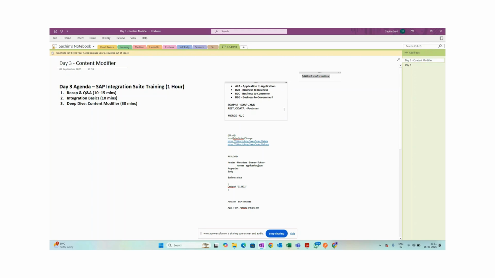And then B2G. B2G is business to government. Here we talked about an e-way bill. I think Nursing would be able to relate to it because I know he has worked in some domestic implementations where e-way bill is one of the mandatory requirements to move your goods from one state to another. So companies often build interfaces with the government website to get the e-way bill. That is an example of business to government. So overall, integration as a concept is that you